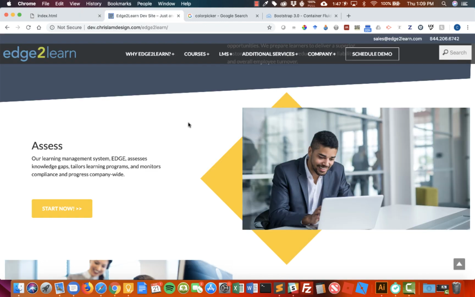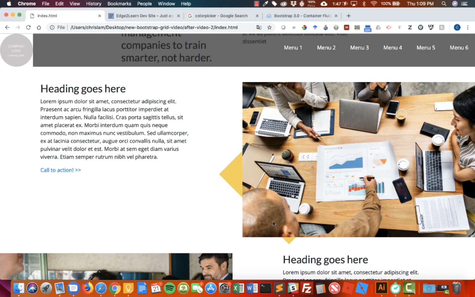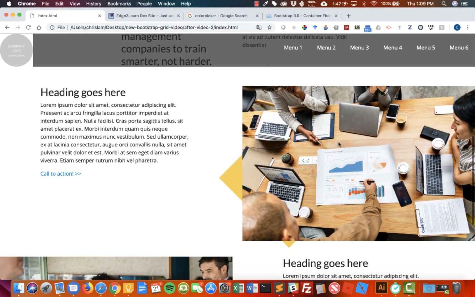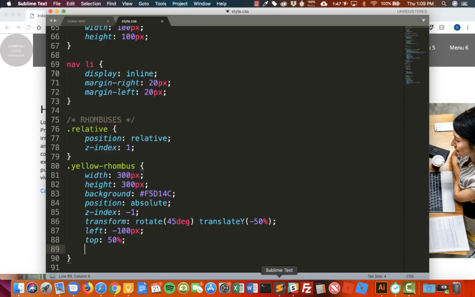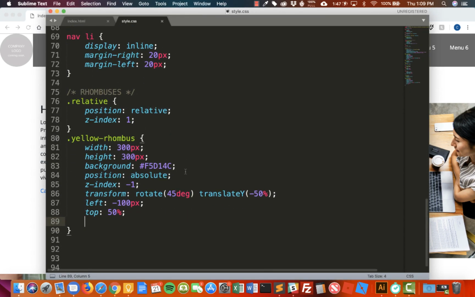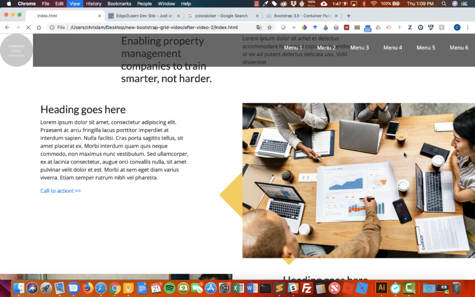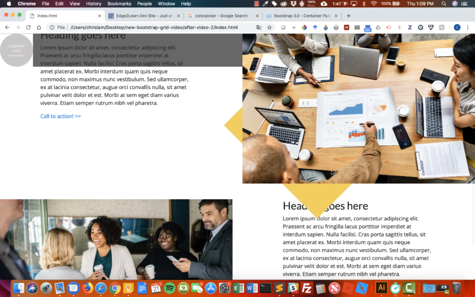So in our case, it's pretty big. It's poking out at the top, left, and right behind the image. And in this example, it's just not big enough. So we can do one of two things. We can make the images smaller, or we can make the rhombus bigger, or we can do both. Right now, we'll just make the rhombus bigger, make it a little bigger,